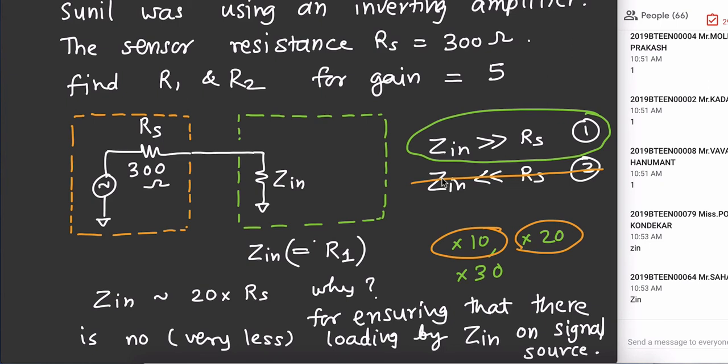Right. So this we understood. So 300 is given, so you know Zin. Once you know Zin, it is equal to R1. And once you know R1, you can find R2. Likewise, you can solve the given problem. Everybody understood this? So complete the activity, find out R1, R2 and tell the value of R2 immediately in the chat box. I will write the value of R1, R2 here.